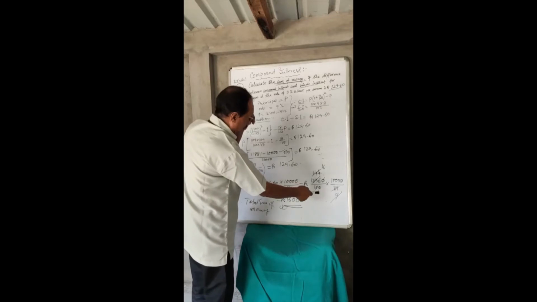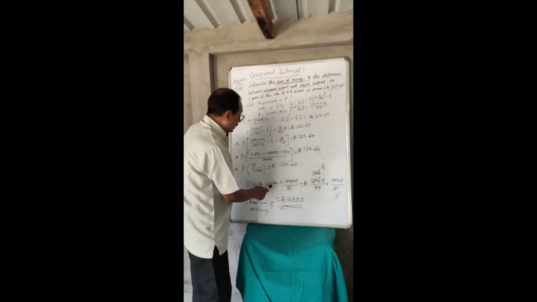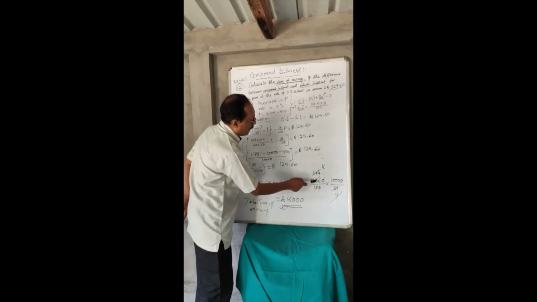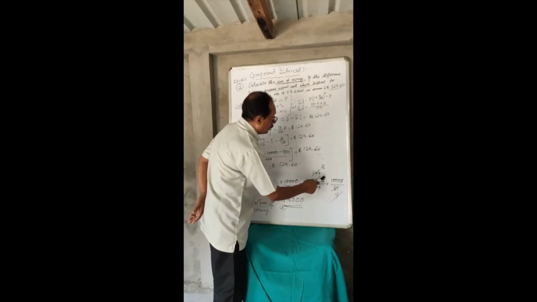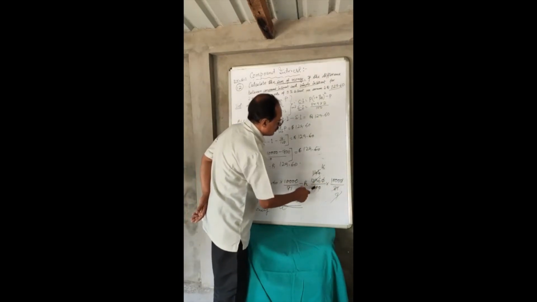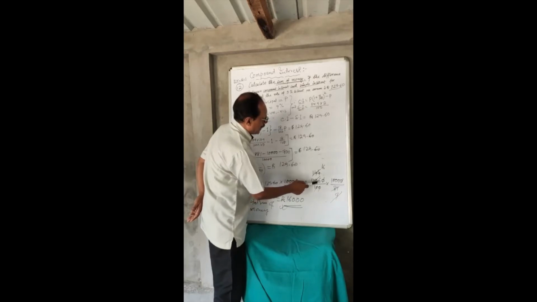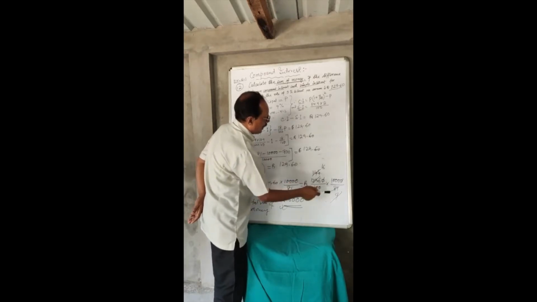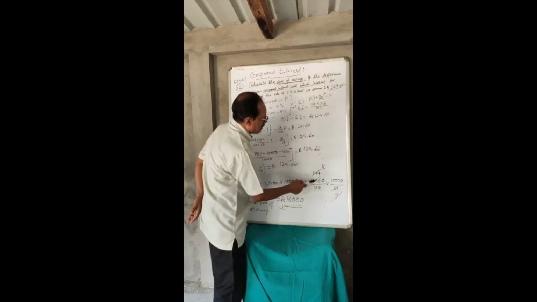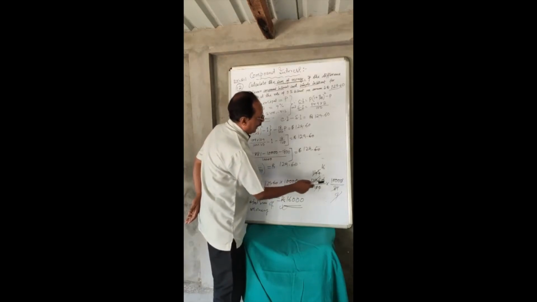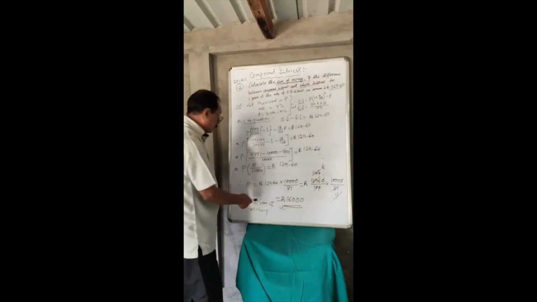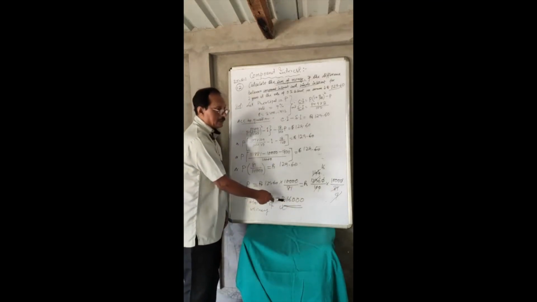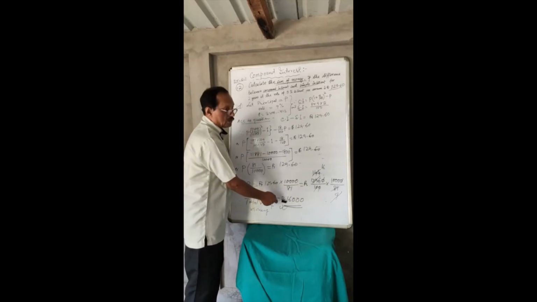So simplifying, we can understand 129.60, I have taken as 12960 by 100, the decimal has been removed, and divided by 81. So 10 and 10 cancel, here is 10, here is 10, cancel. So we are getting 1296 divided by 81. Dividing by 9, it is giving us 144, and again dividing by 9, 144 is coming as 16. 16 multiplied by 1000 is 16,000. So the total sum of money invested in that particular problem was 16,000.